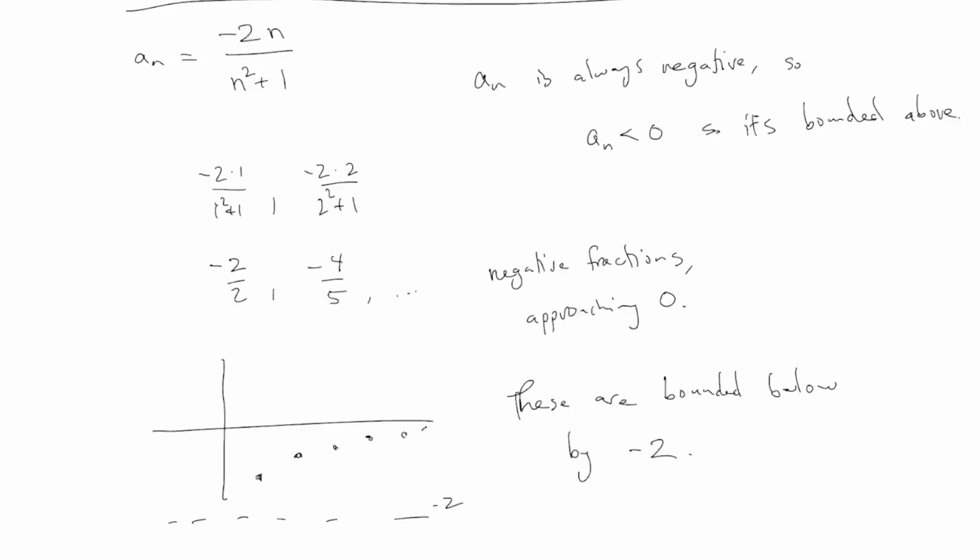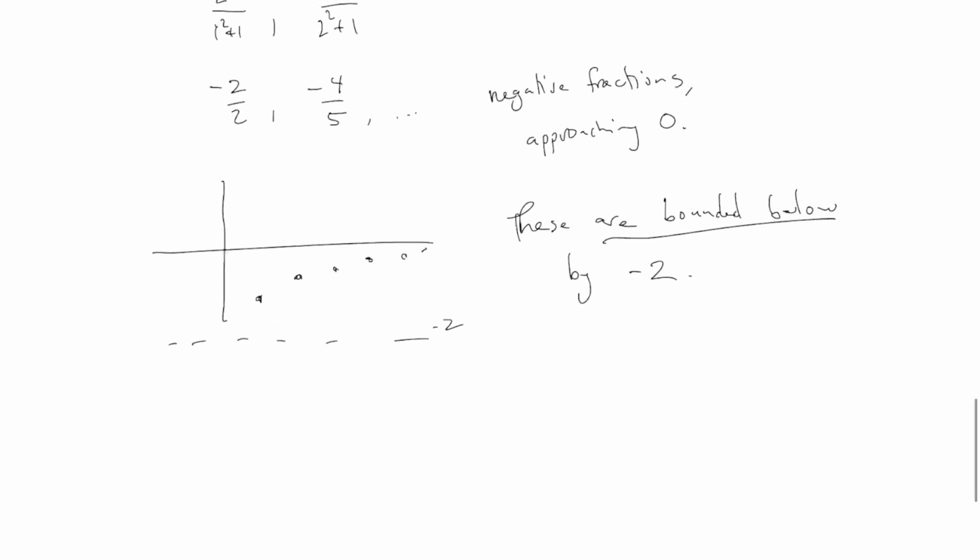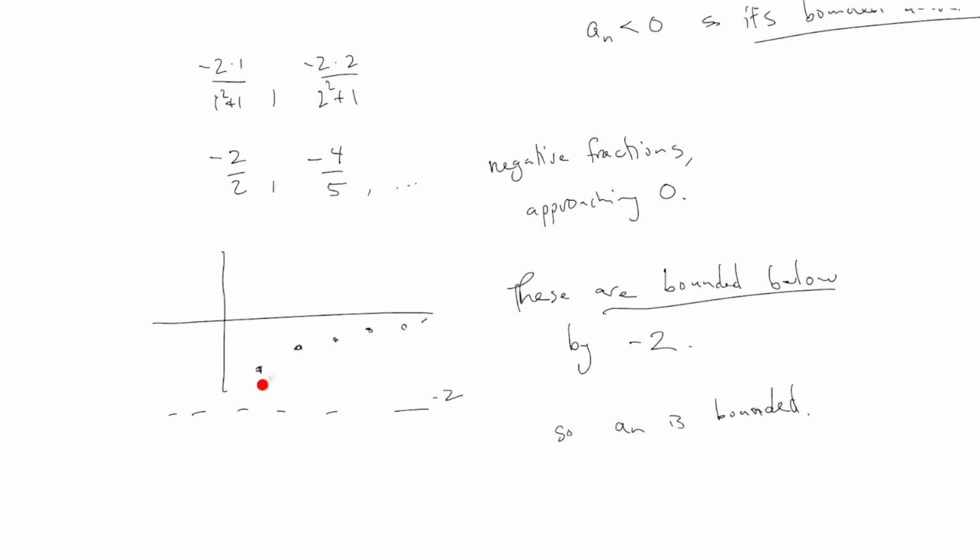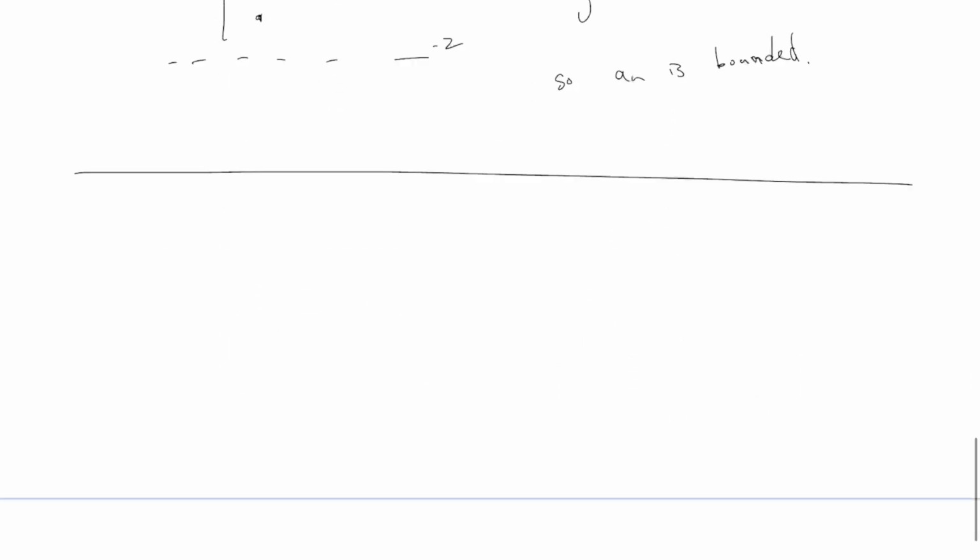I would like to discuss what is the relationship between boundedness and converging, because you can tell there seems to be some kind of relationship. Like this one here, we said this one is bounded above, this one is also bounded below, so a_n is bounded, right? This one, actually it does converge. It converges to 0, and it is bounded above and below. Is there some kind of a relationship between converging versus boundedness?